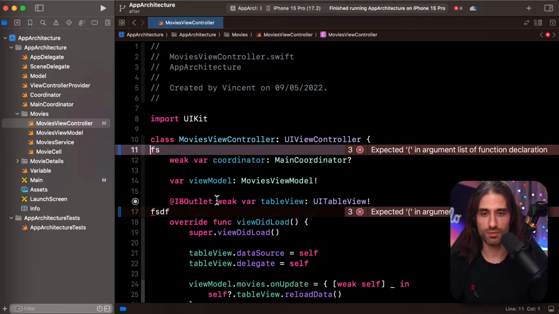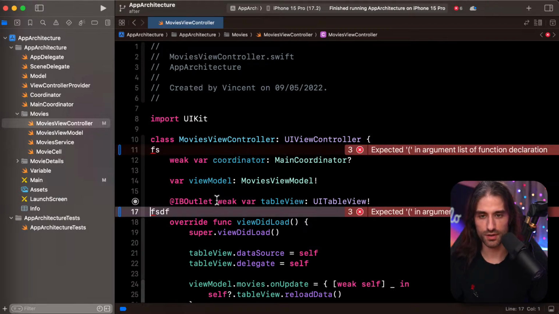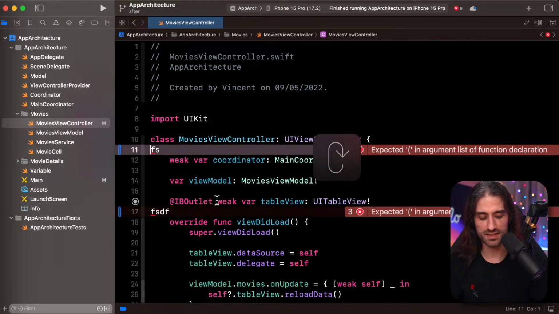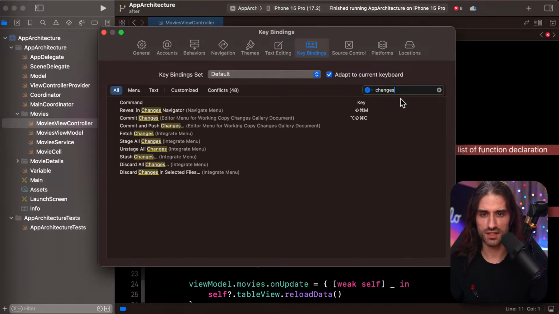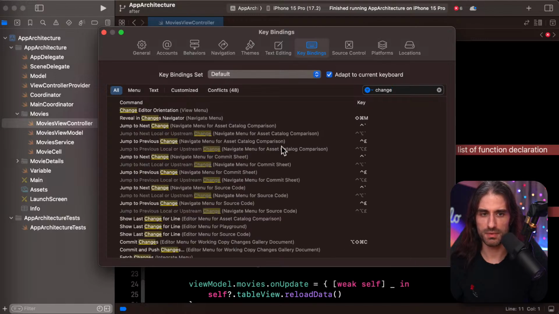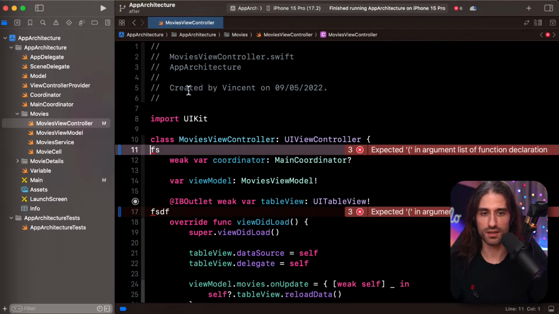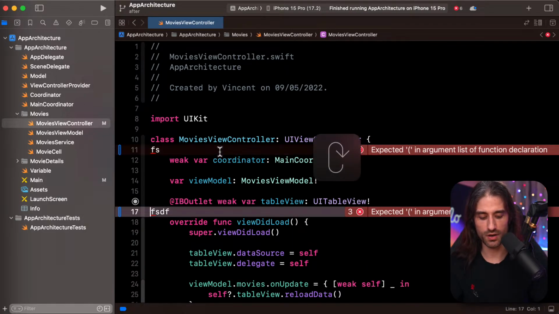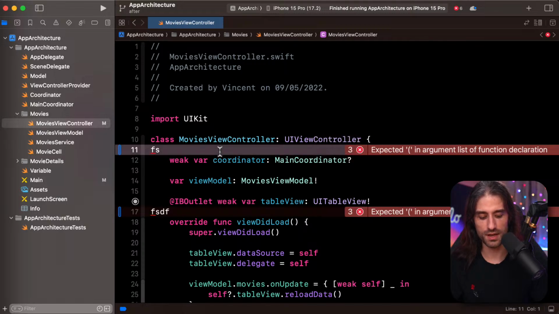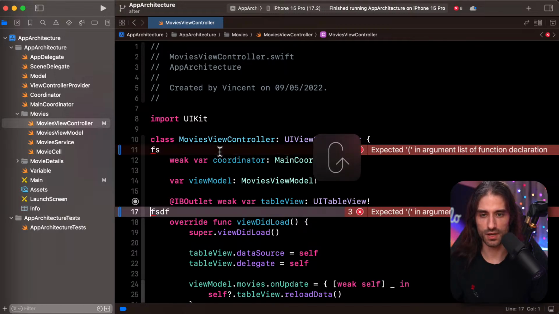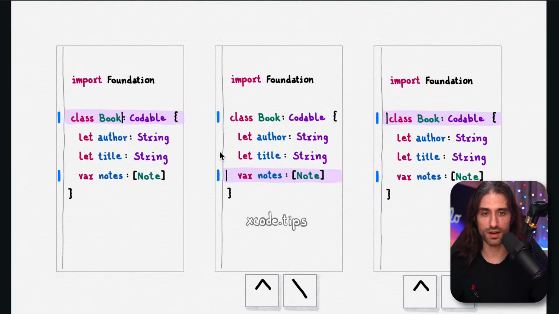Control I. Oh no, maybe Control L. No, this one doesn't work. But Control backslash does work for me. Let me look for the other one then. So it's for changes, or rather maybe change. So Control next change, okay. And oh, it's Control and pound. Where is the pound? Oh, okay, so it's with Shift. Okay, so it's like Control back quote for me and Control Shift back quote. Okay, so that one works. I didn't know that one.